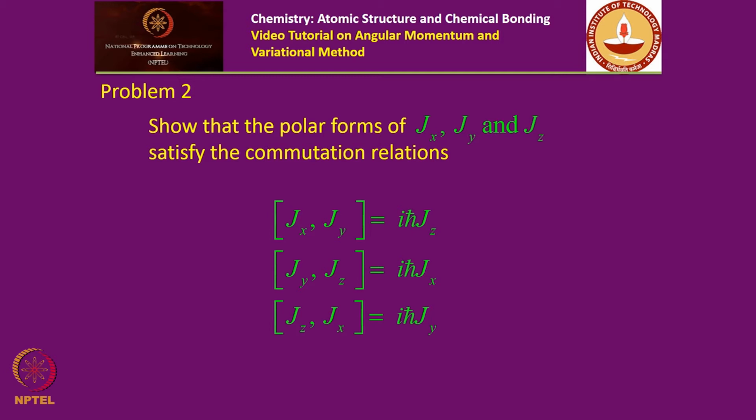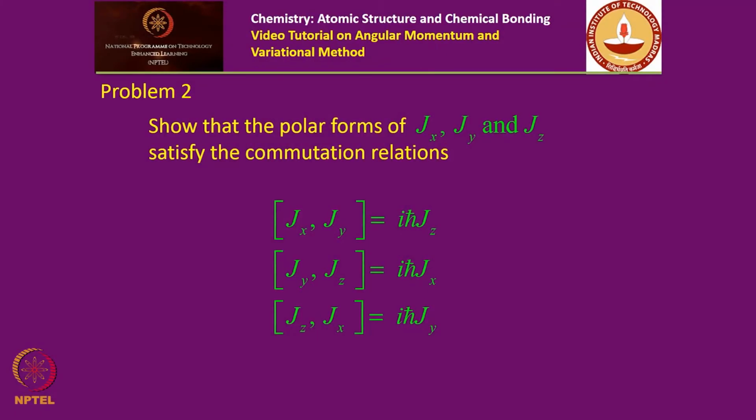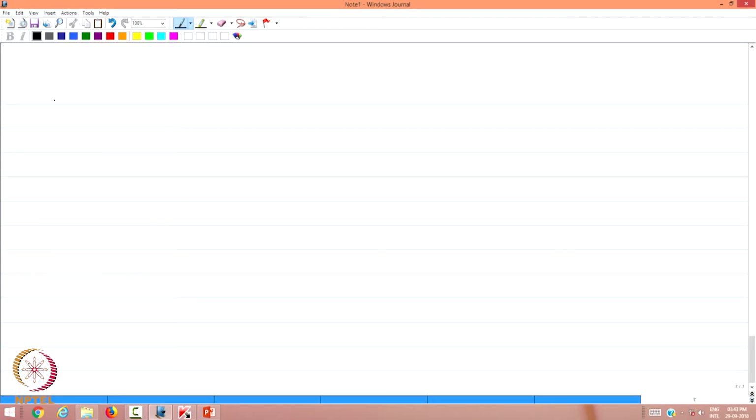The second one is to show that the corresponding polar forms of the angular momentum operators Jx, Jy and Jz satisfy the commutation relations in exactly the same way that they do in Cartesian coordinates. It is not a surprise, it is just an algebraic exercise for you, but you know how these commutation relations between Jx and Jy and Jy and Jz were obtained in the first place. So, if you recall that, problem 2,